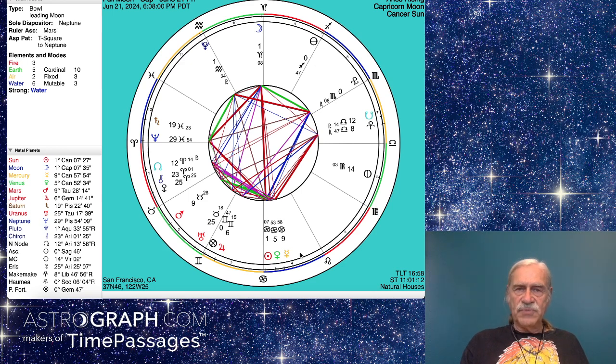So we have an out of bounds Moon, out of bounds Mercury, the Sun, Venus, and Mercury all bound up together with each other, and all these outer planet influences, you could say, symbolism, you could say, coming in. So, if you're feeling a lot of energy, that's the way it is. That's not a surprise. And what to do with it.